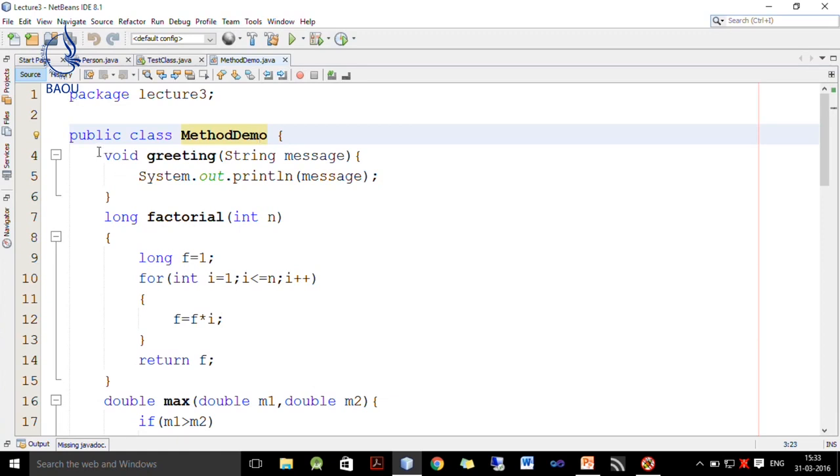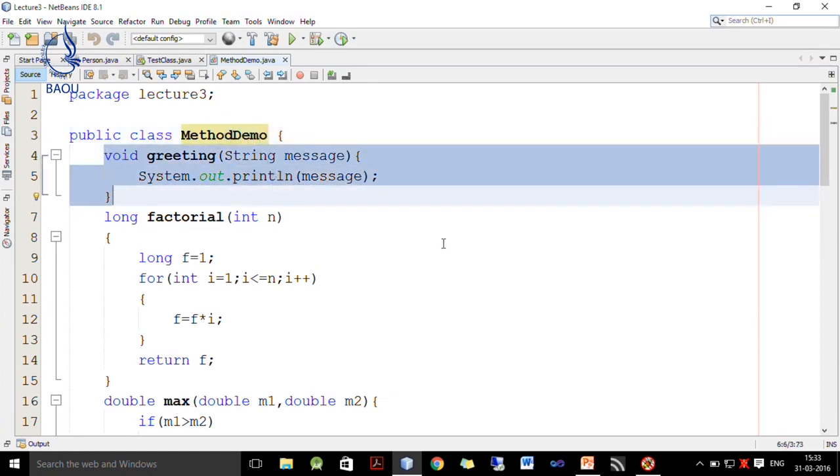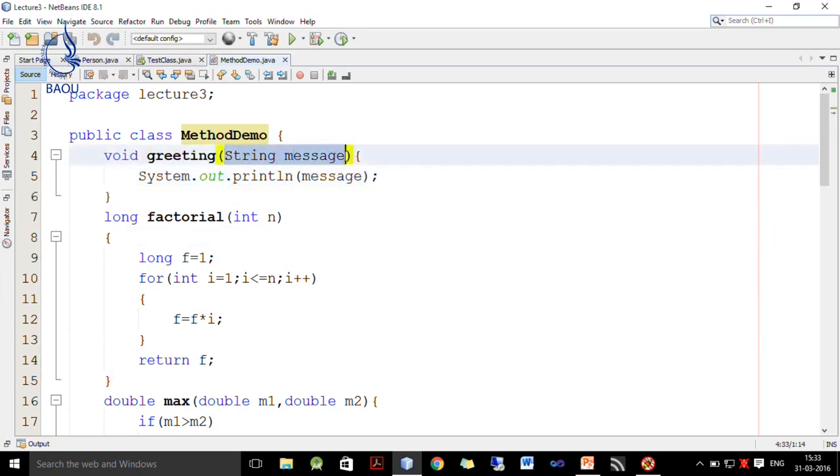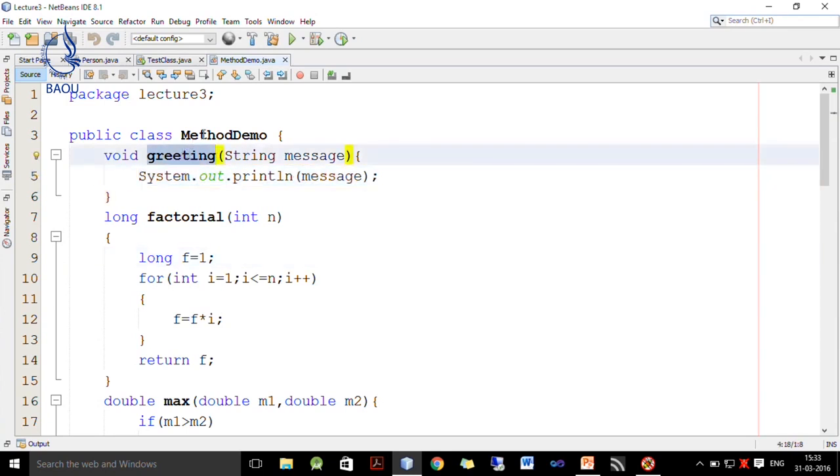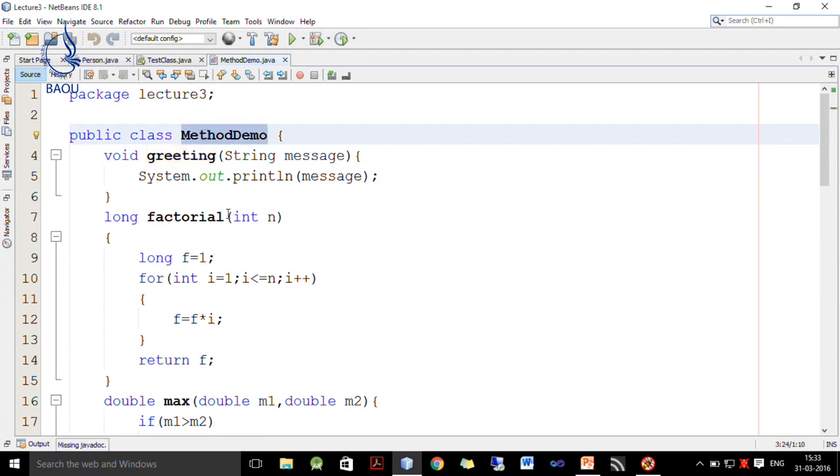So, inside MethodDemo, first I define this method which takes a string argument or parameter message and it returns nothing. Inside this greeting method, I just display this message passed by the user for display purpose. So, I need not return anything. I simply write System.out.println and whatever message we want to display. So, whenever I call this greeting method using the MethodDemo object, I need to pass one string argument and it